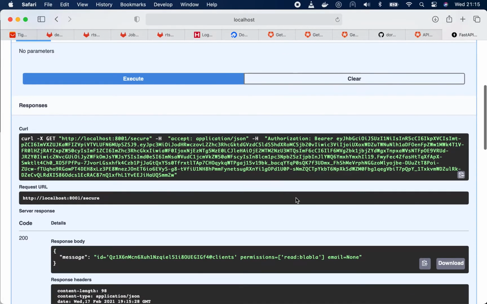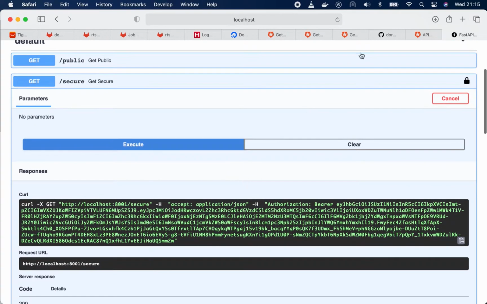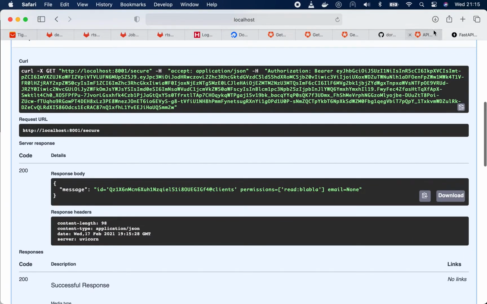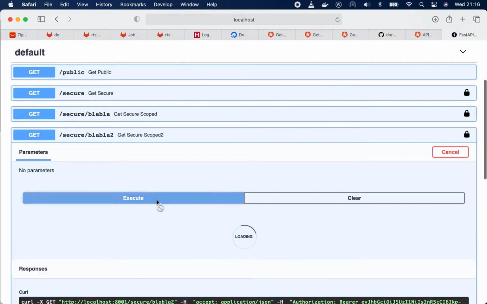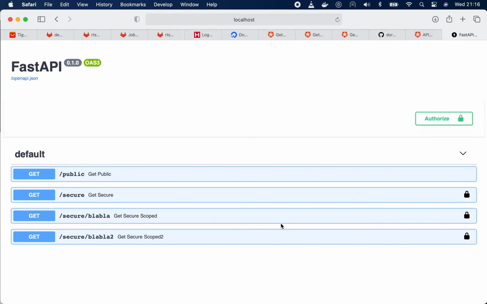So whether we go to the scope endpoint, so this is just the secure one without the blah blah scope required. Now that's just a requirement, okay? So that if the token does not have this permission, then it will be rejected with the 403 forbidden. Nevertheless, because we enabled adding permissions to the access token from the API, we do get the permissions here. So they're there, and in a similar way they would be here. All right, so that would be pretty much all for the M2M